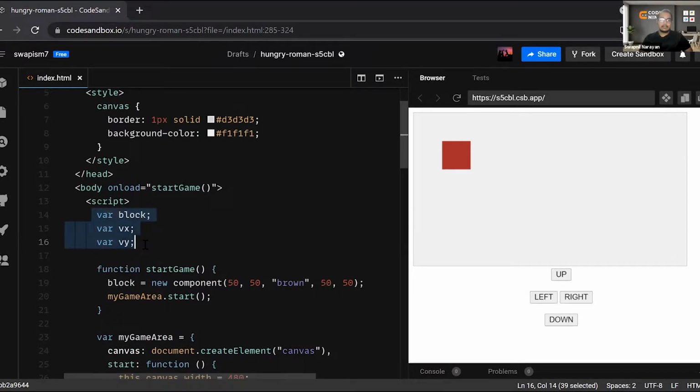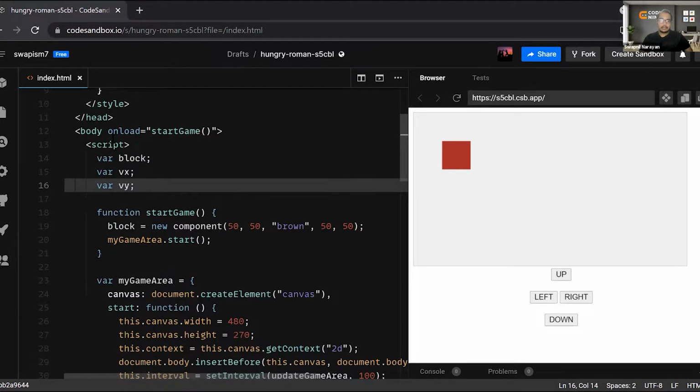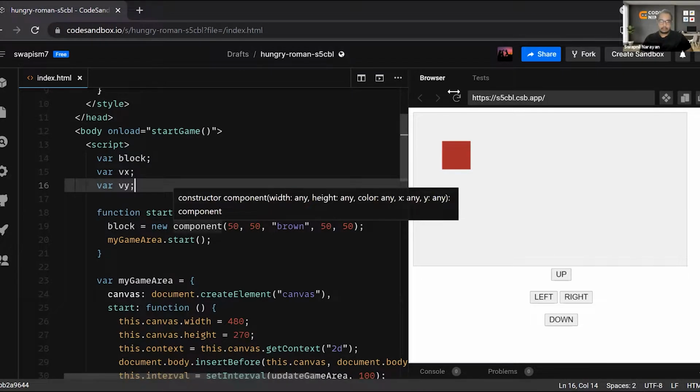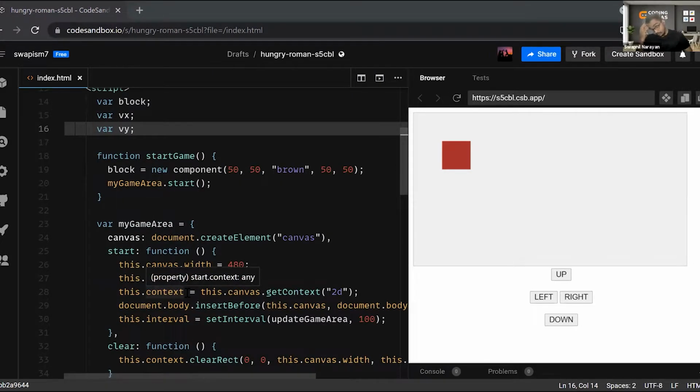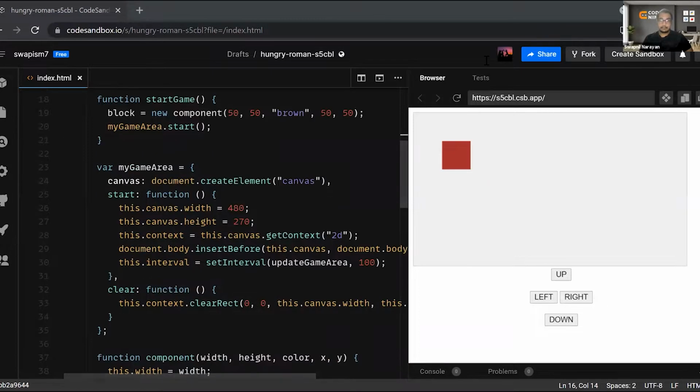Tell me the meaning of these particular statements. The complete one. Block, Vx and Vy. Let's see if you have got it properly. Anyone?